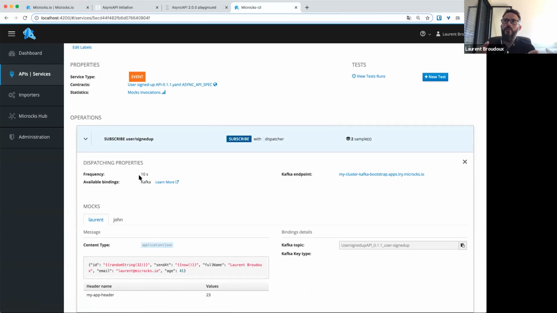The template engine that is in Microcks is specific to Microcks, but okay. I use this notation with double mustache that we can find elsewhere. But this is the name of the functions, for example, random string now. This is something that is specific to Microcks. Indeed, I was looking for something very lightweight, very performant, and did not find something great in what was